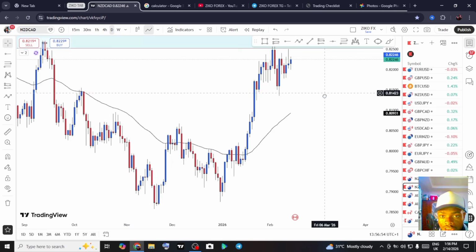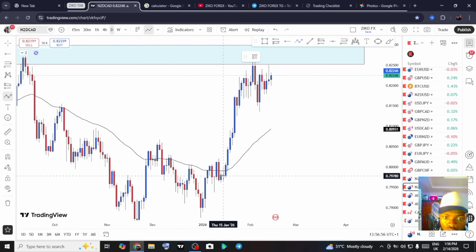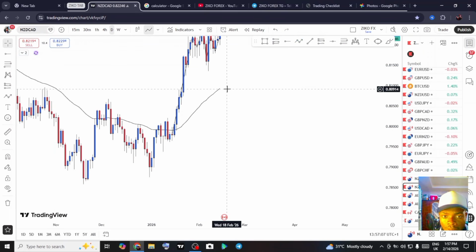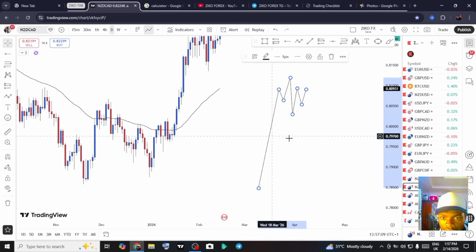You know what? Let me bring this thing down closer. So we were buying to the upside, we had a retracement right here. We bought again and we sold again. We bought, we sold, we bought again, right? So if I'm looking at this market, if I bring this out and I'm looking at this market, what does